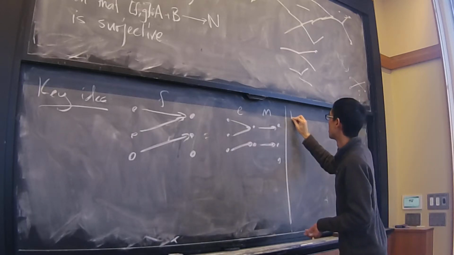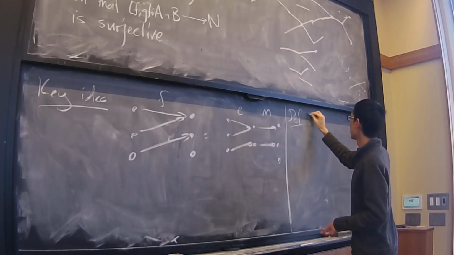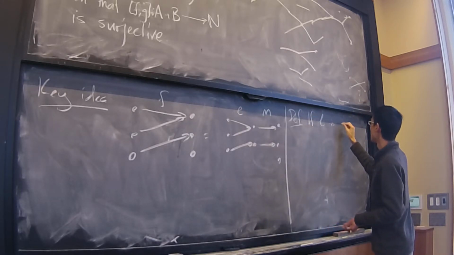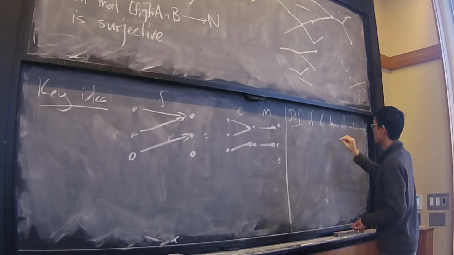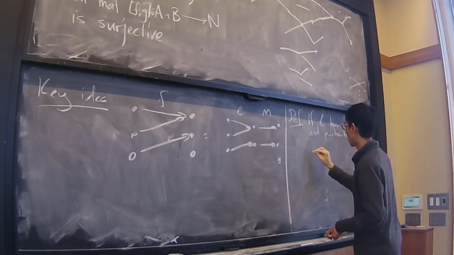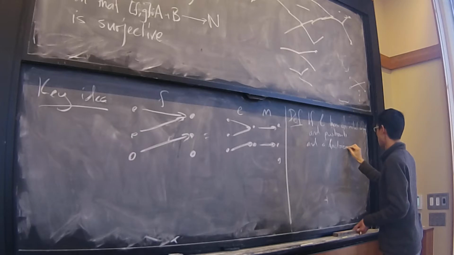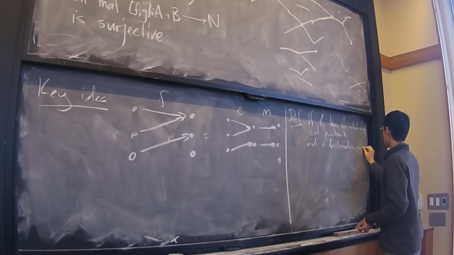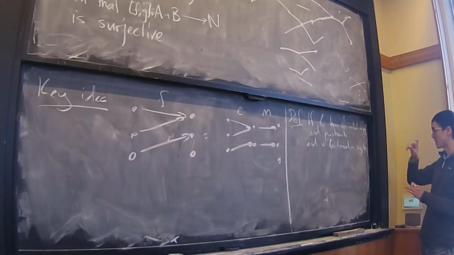So, a definition: if C is a category with finite colimits, if C has an initial object and pushouts, which is enough, and a factorization system, so some sort of thing where we can decompose it into epis and monos, or surjections and injections,